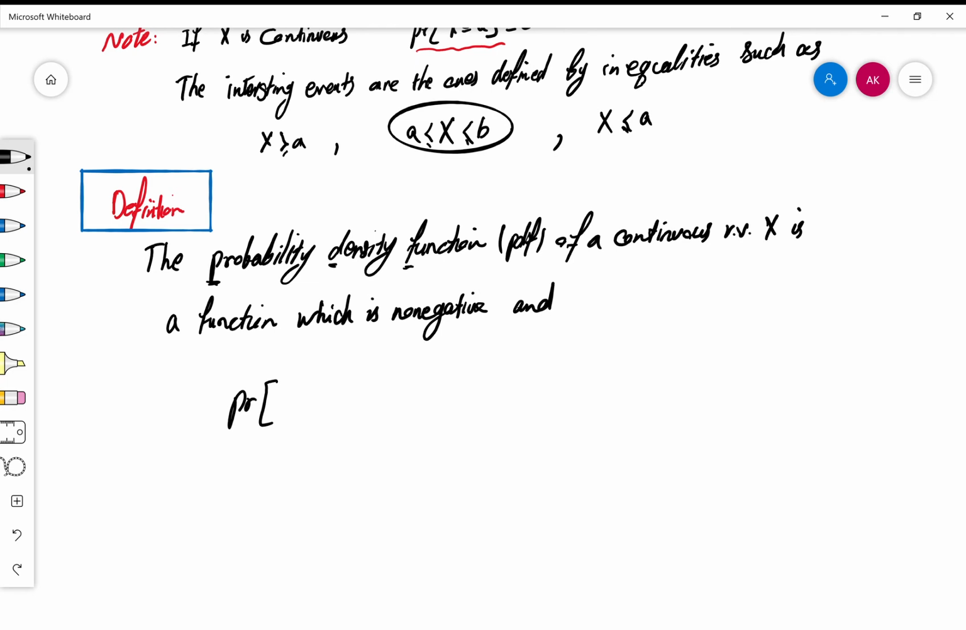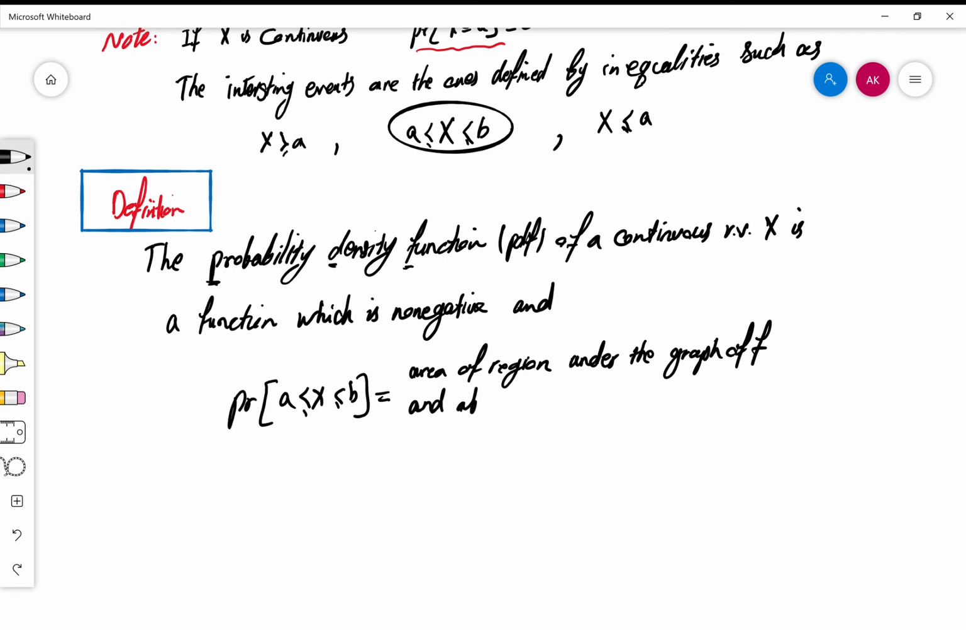Probability of x between a and b is given by the area of the region under the graph of f, and above the x-axis on the interval a, b. In other words, if